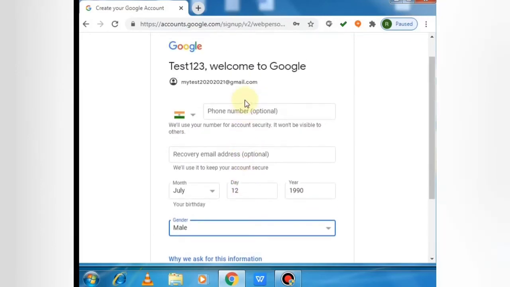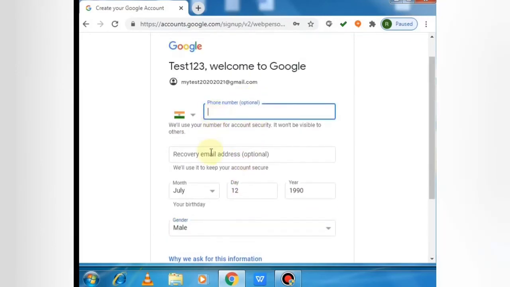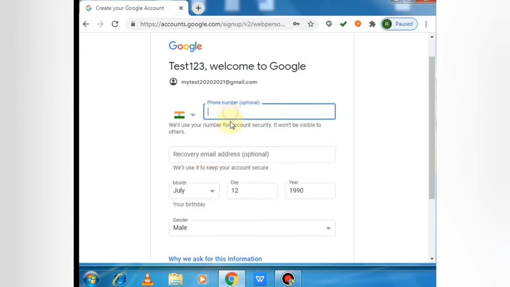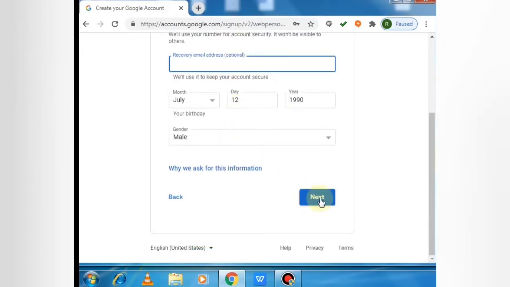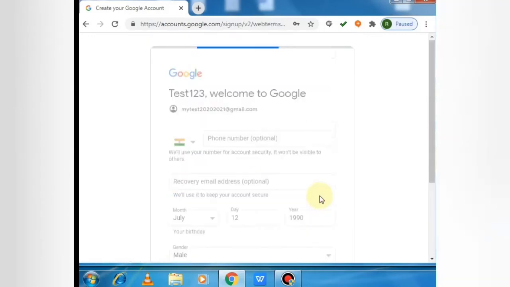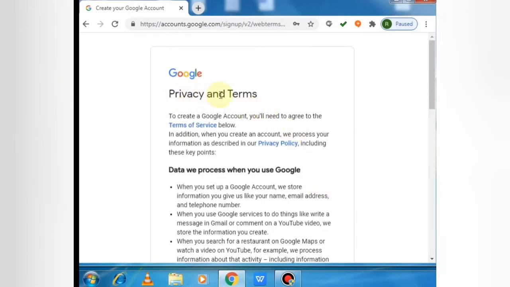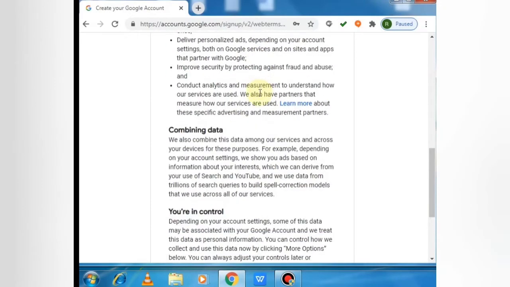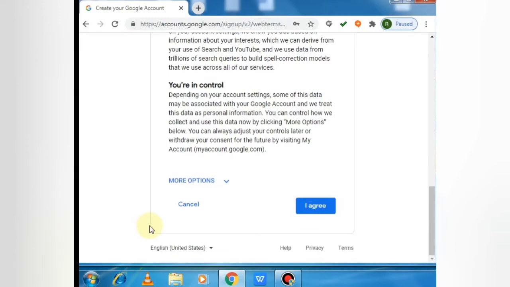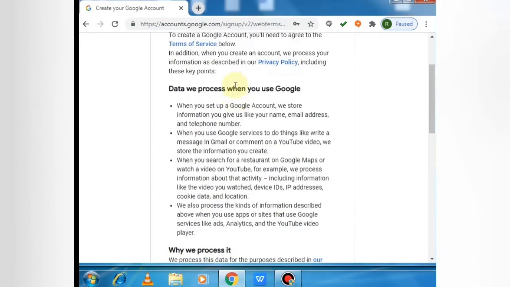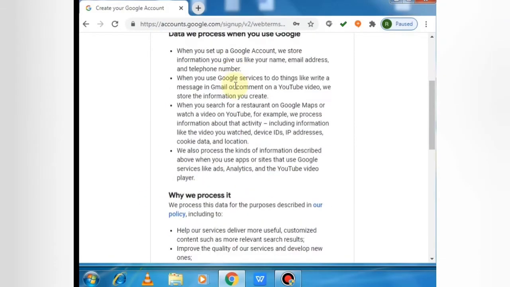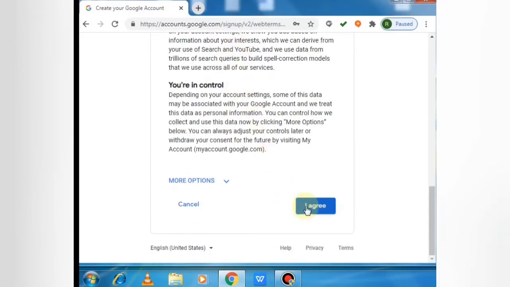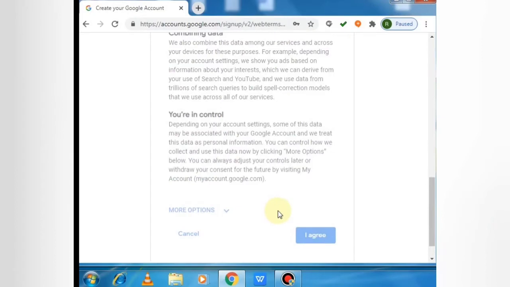So after everything is over, this stage will be over, so we can go to our next stage after this. When we move to the next stage, the terms and conditions, privacy policies, everything will be listed as a document. So please read through this if you have time. Actually no one is bothered about reading all these terms and conditions. Now we are also just pressing the I agree button.